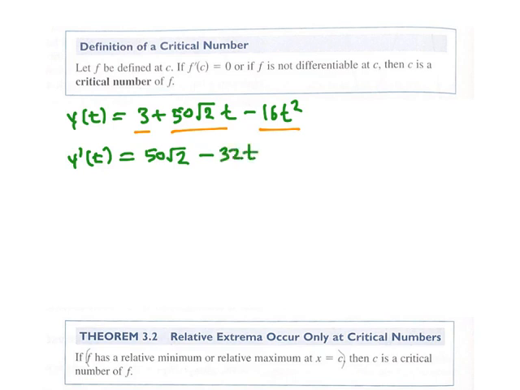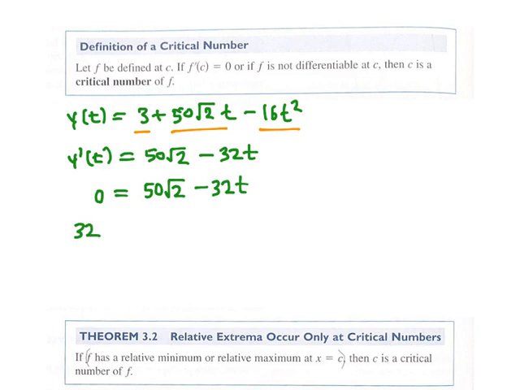So now, from the definition of a critical number, first of all, our real valued function is defined for all values of t. So to find the critical numbers, we need to just set the derivative equal to 0. And since our derivative is also defined for all real values of t, we don't have to worry about the other condition where the function is not differentiable. So we really just need to find the derivative and set it equal to 0 to find the critical numbers for our problem. So we set the derivative equal to 0,